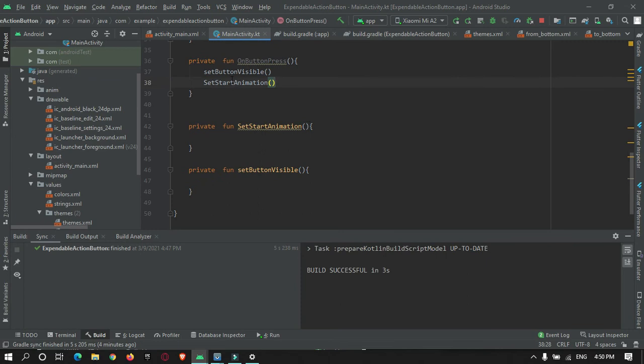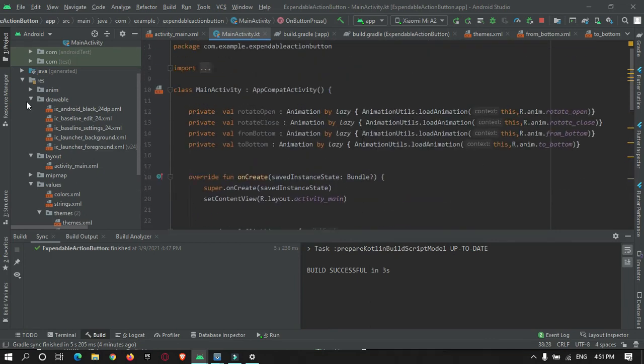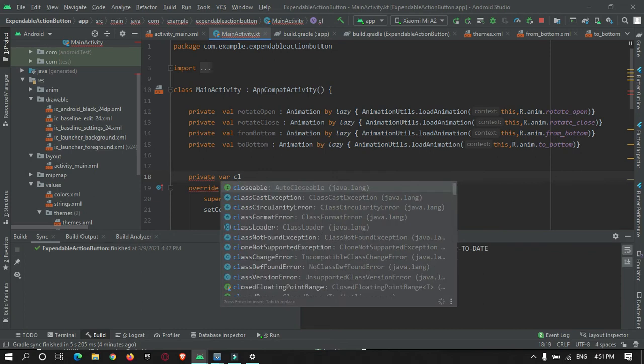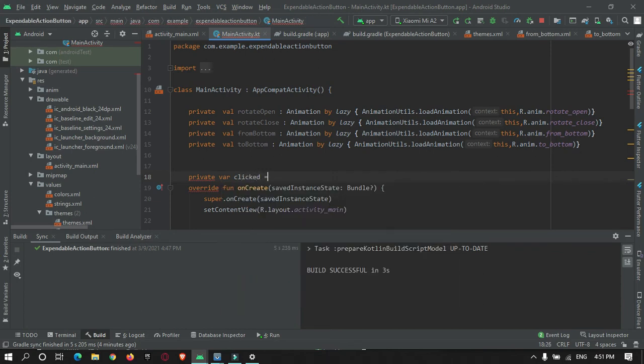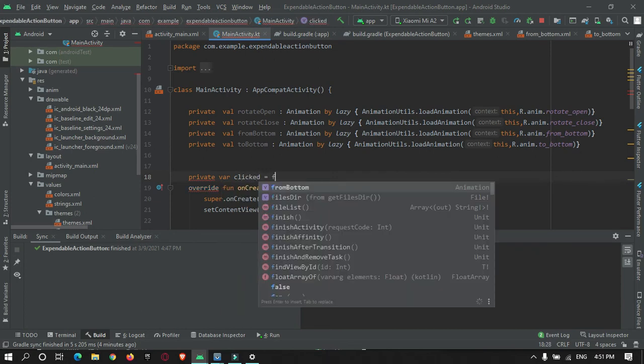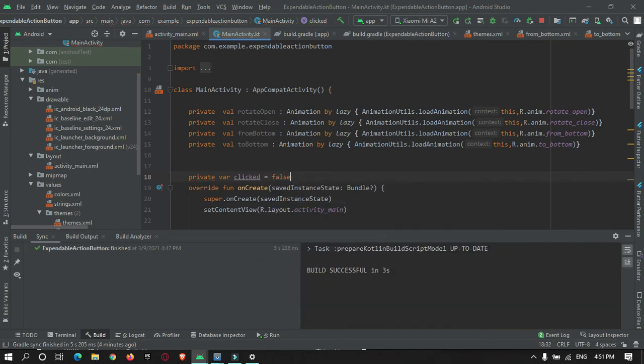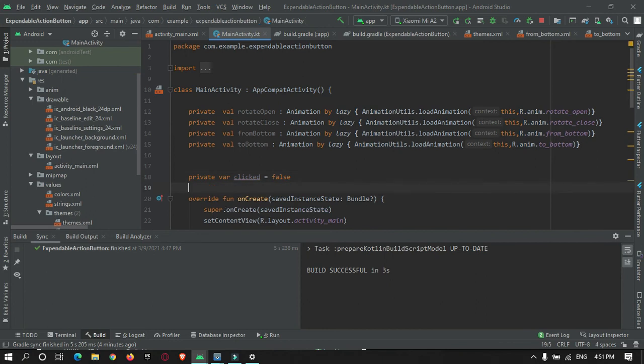When the button is pressed, we must also check if the pop-up is already opened or closed. For that I will create one more variable over here. I can give it as a private variable clicked is equal to false. False means the button is closed.